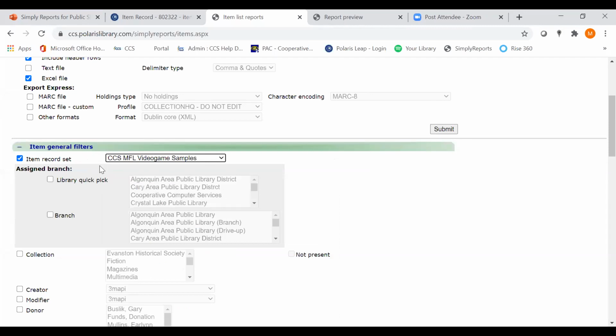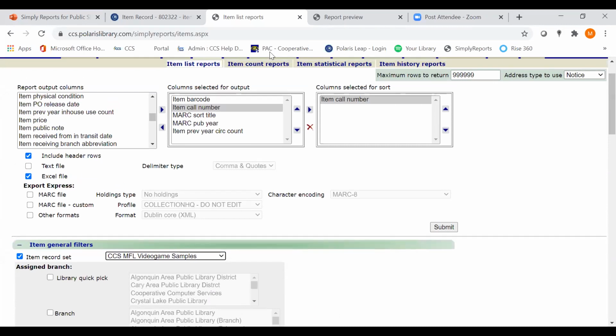So I've got my record set here, and that's it. That's all we need to choose for filters, because by using the record set, we've automatically limited the report to just the records we want to see. We've configured the output to give us the information we want,